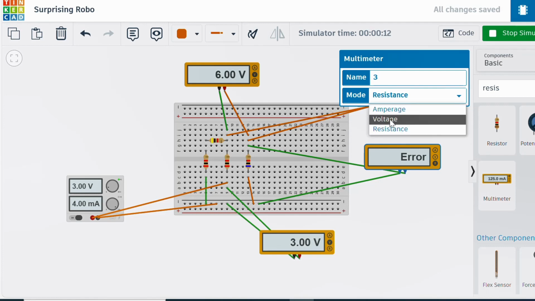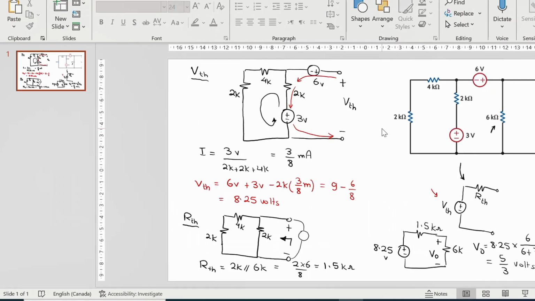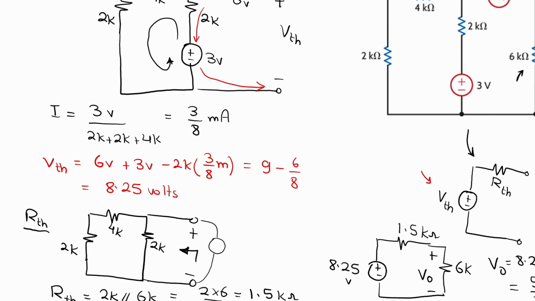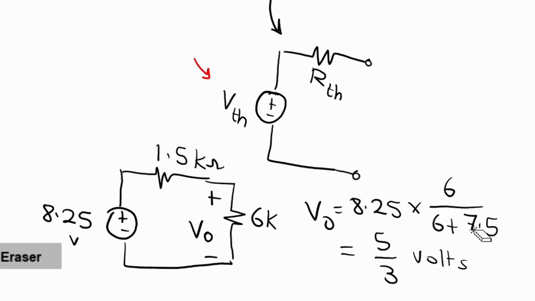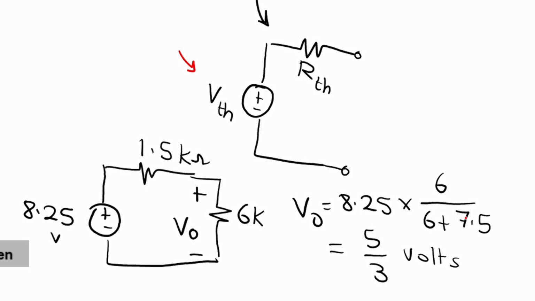Let's set this to voltage. This should actually be 1.5. Value should be 6.6. Okay,